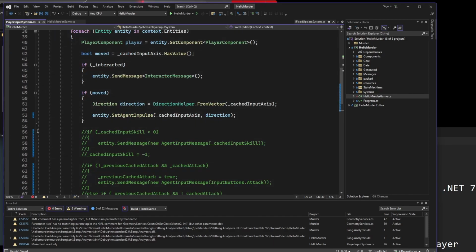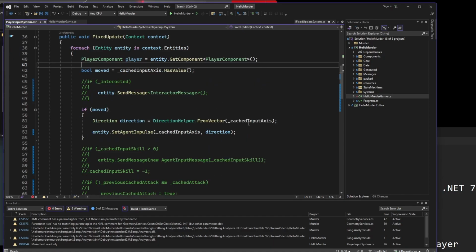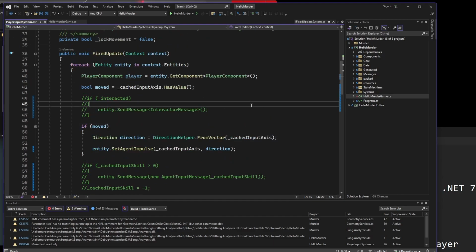So all we're really going to do in here is move it. We don't even need this interacting thing either, because the entity is not going to interact with stuff right now. We're not going to be able to pick things up off the ground. So same thing, we'll just get rid of that, make it a little bit more basic and easier for us